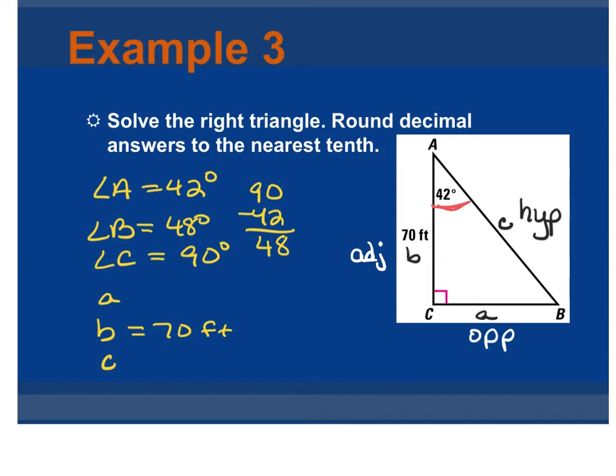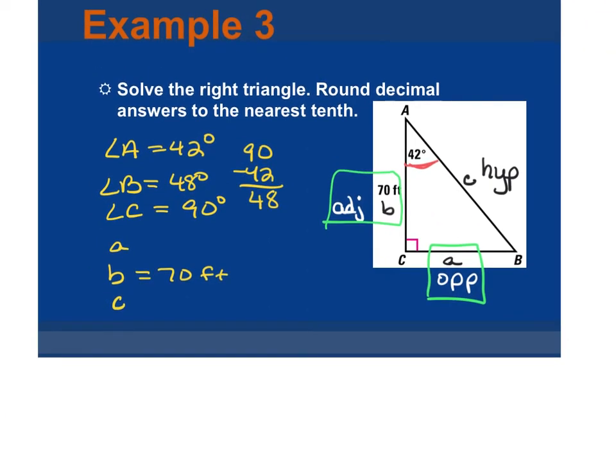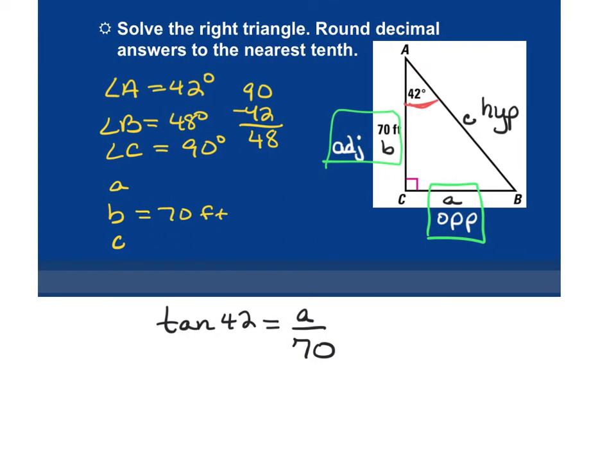So now when I want to find little a, I'm going to go here, and then I'm also going to find the side that has a number, and that's the adjacent side. So now I have to figure out which trig ratio uses opposite and adjacent, and that's going to be tangent, TOA. So I'm going to do tan of 42 is equal to opposite over adjacent. I'm going to solve for little a by multiplying both sides by 70. And little a, once I do tangent of 42 times 70,